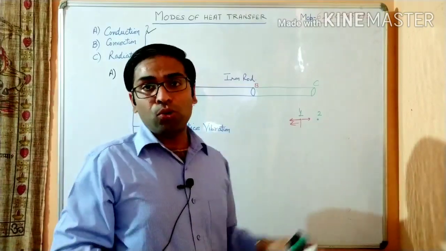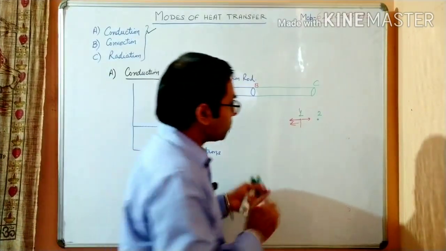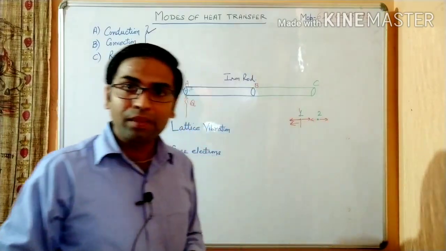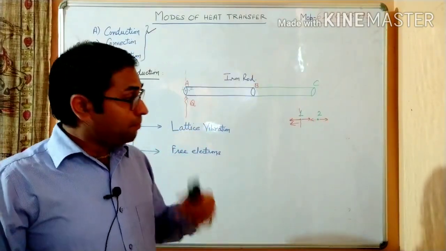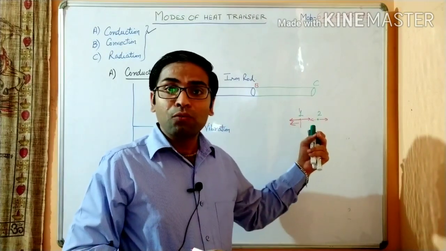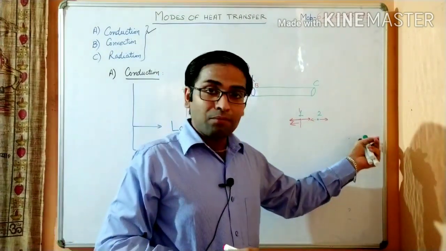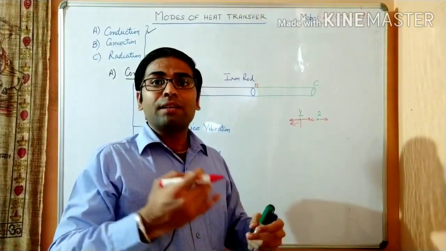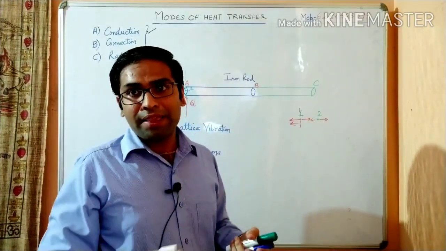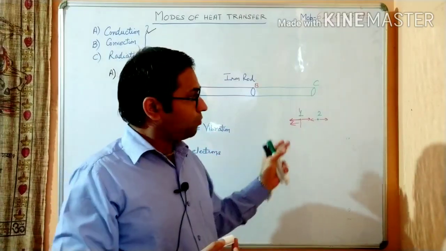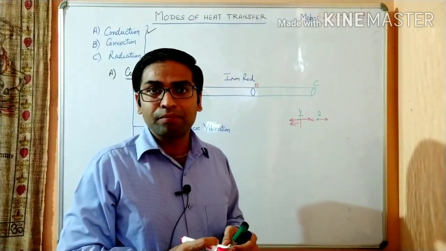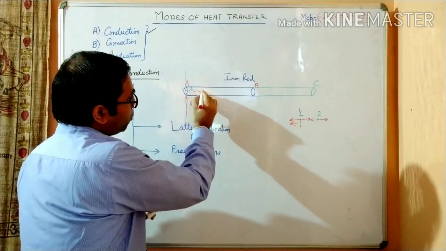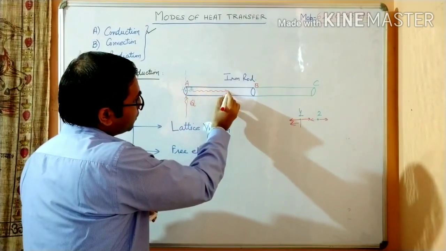And the molecule 2 starts vibrating about its mean position. The vibrations of molecule 2 get started up. Similarly, this molecule 2 will then strike the molecule 3, which will be in the neighborhood of molecule 2, and will transfer some part of its thermal energy to molecule 3. And this way, within the rod, the heat will start flowing this way.